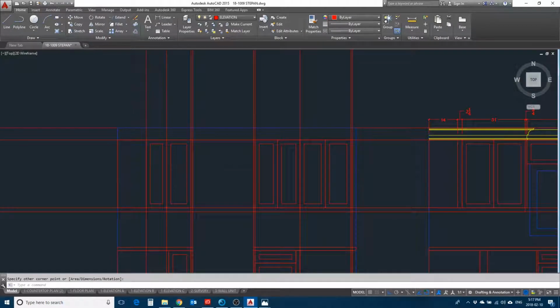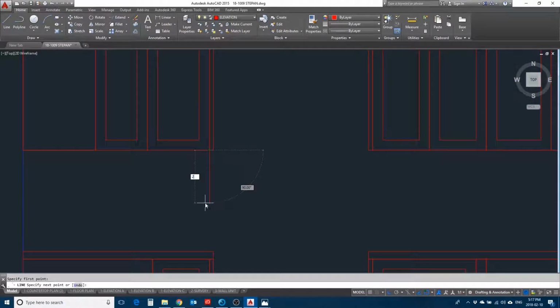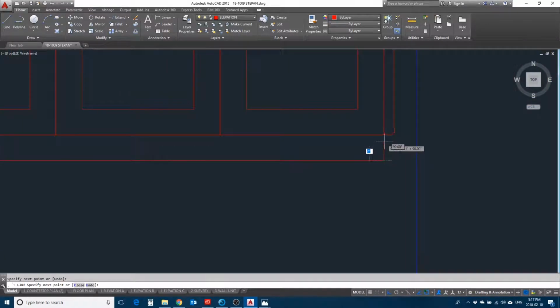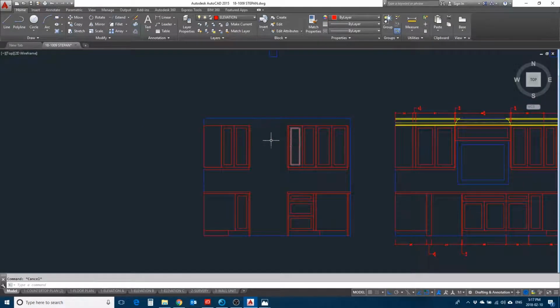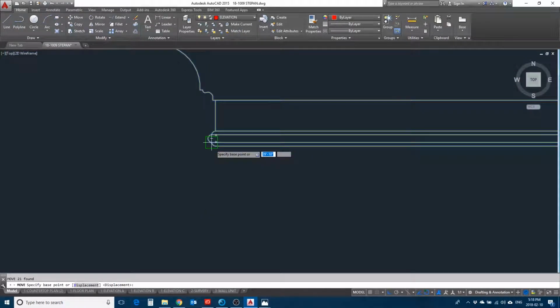Rectangle. We can delete these guys, and done. Oh, actually I forgot the light balance. That's okay. So 2. This is simple. 2. Perfect, perfect, perfect, perfect. Now let's move this over here